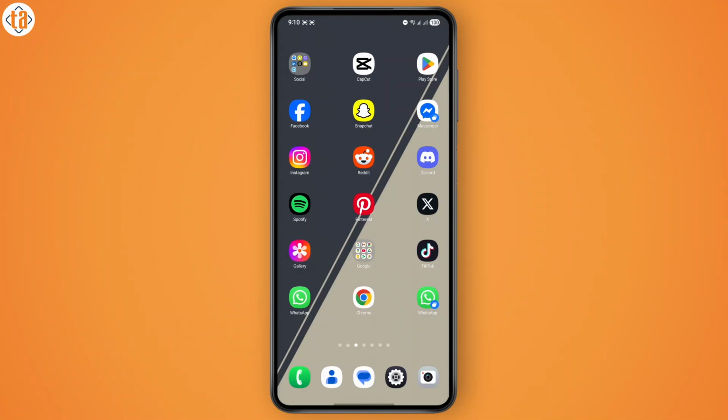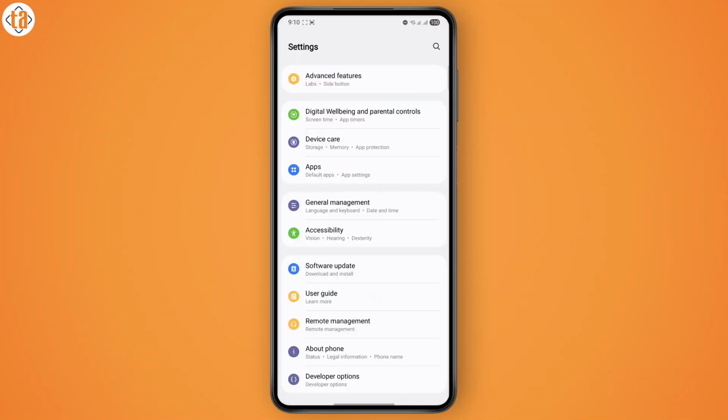In today's tutorial, we're going to see how to easily stop the background apps running on your Android device. Without any further delay, let us just jump right in. First things first, you need to go ahead and open up your settings menu. And once you open up your settings, in order to stop the background process